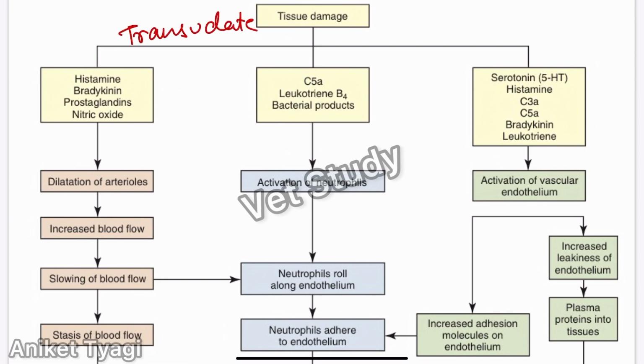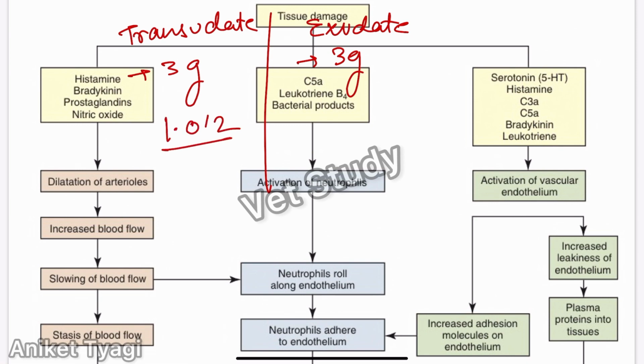Now we will discuss the basic difference between transudate and exudate. As I have already discussed, transudate is the fluid with minimum protein content, right? So what is the protein content in the transudate? It is somewhat less than 3 gram, whereas exudate has more than 3 gram protein. The specific gravity of transudate is less than 1.012, and the specific gravity of exudate is more than